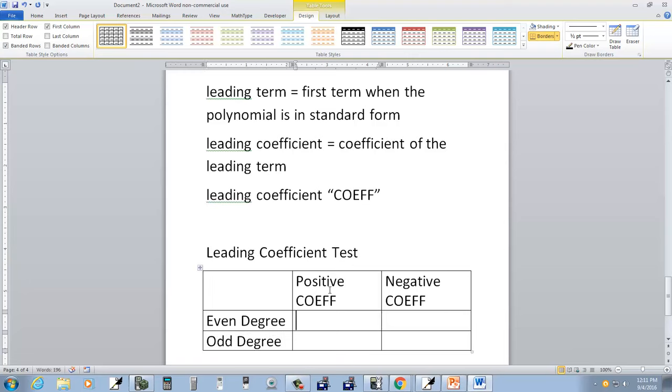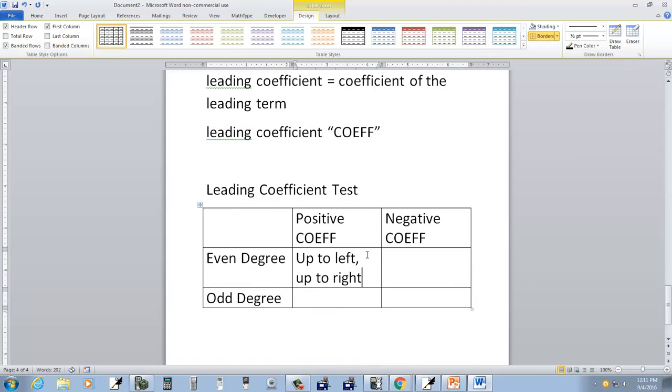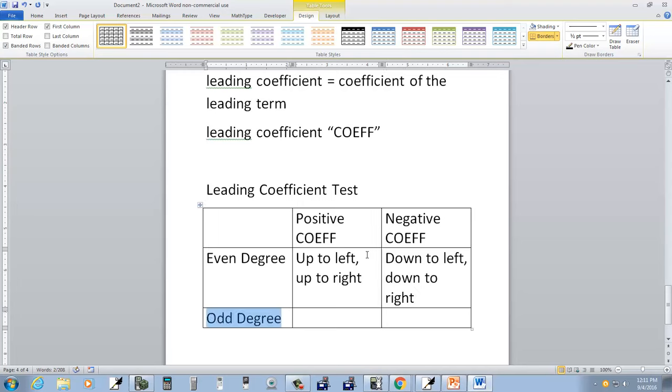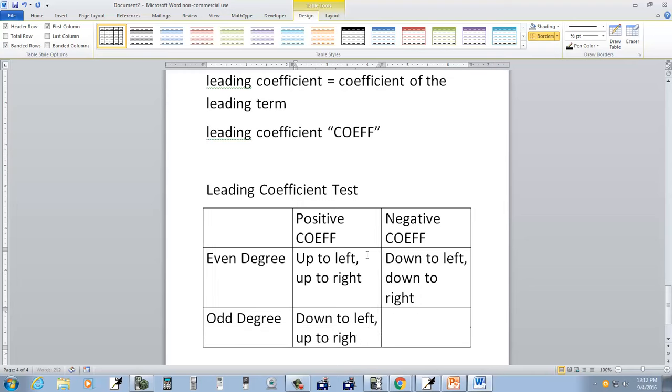Now, if you got an even degree and positive coefficient, then it's up to the left, up to the right. If you have an even degree negative coefficient, it's down to the left, down to the right. If you have an odd degree, then it's down to the left, up to the right. If you have an odd degree and negative coefficient, it's up to the left,